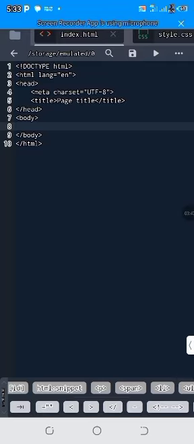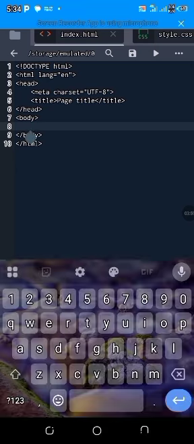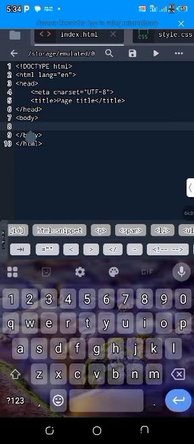Now, since I have the boilerplate, you can see this is the opening body tag and the closing body tag. This is where we are going to type whatever we want to show on our website. Don't forget, I've told you how to use H. H is for heading, and if you type anything there, it's going to be bold, like H1. Then you have H2, you have H3. So now, before